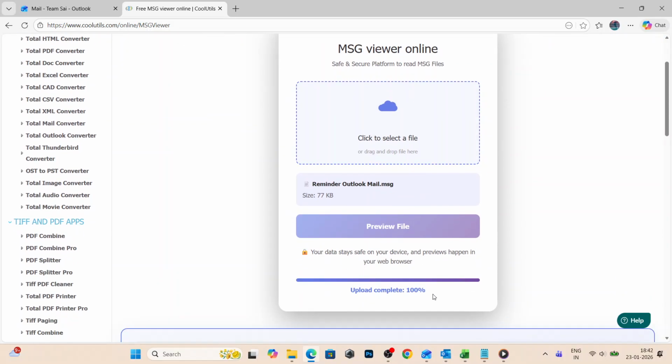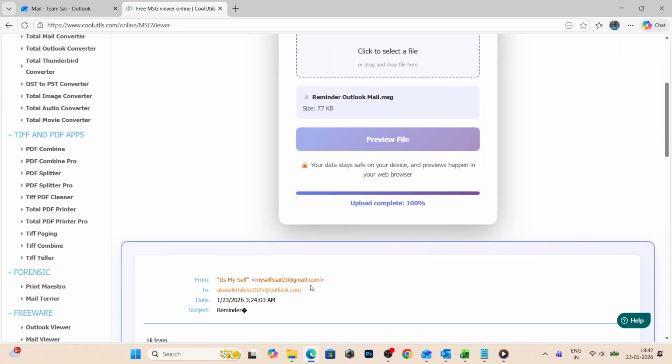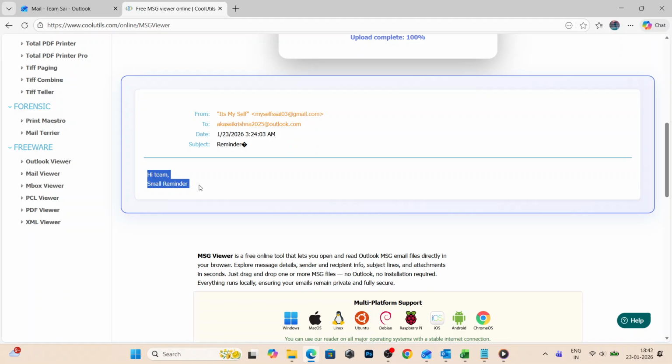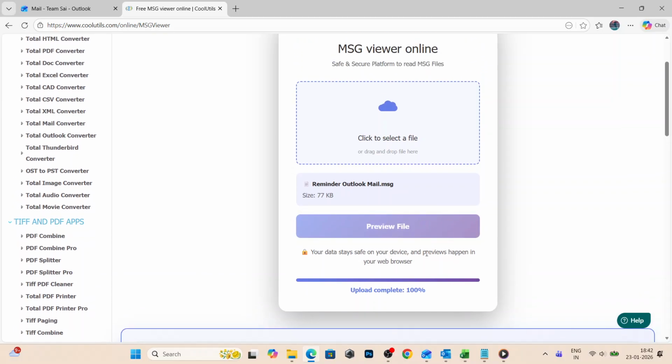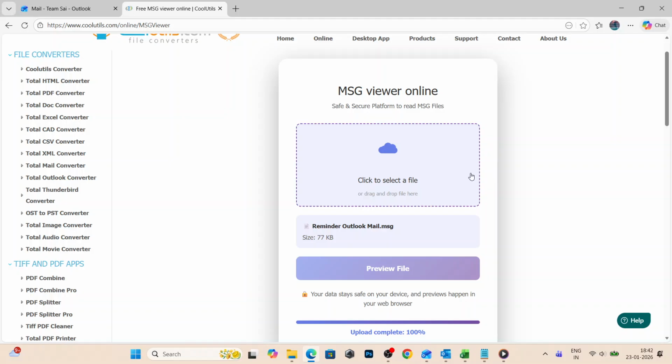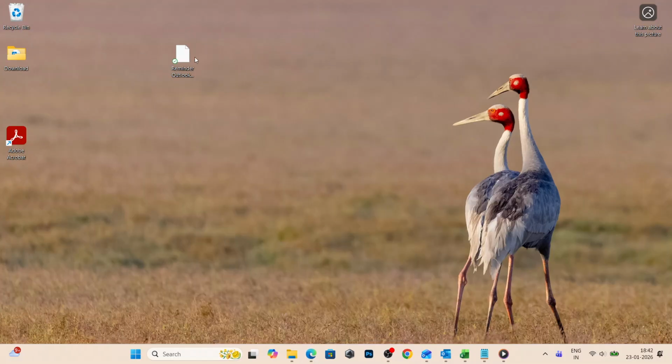You can typically view the email's body, its headers, and any attachments, and the processing is done client-side in your browser for added peace of mind. If one viewer has trouble with your file, try the other. Sometimes formatting varies. As a general tip, avoid uploading highly confidential messages anywhere online, even when processing is done locally